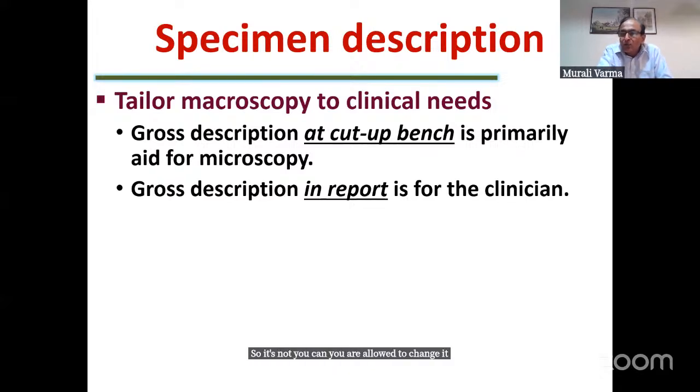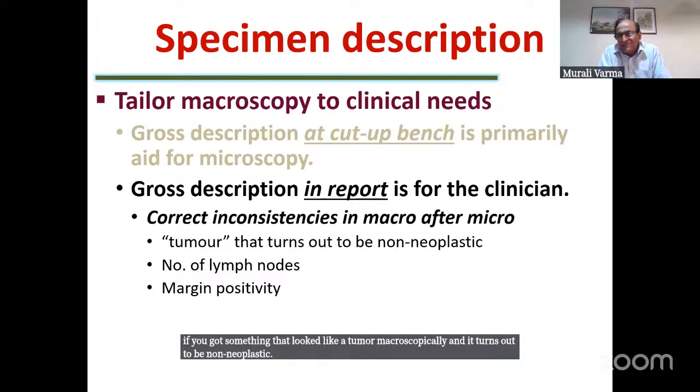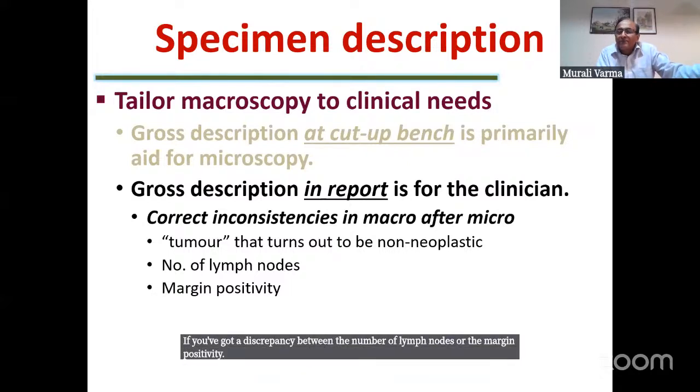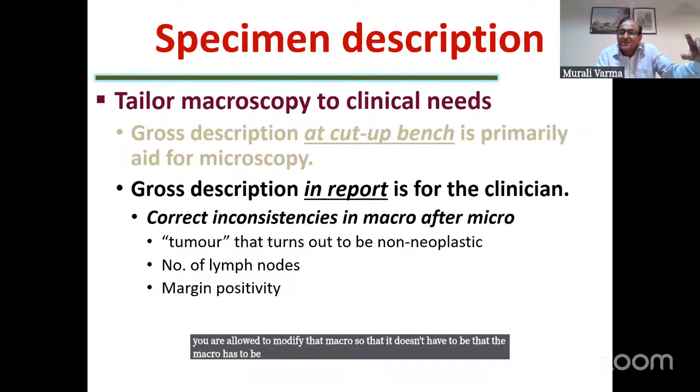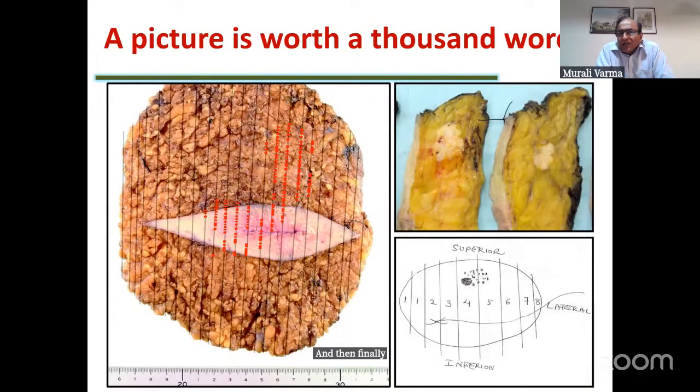So when you're doing the micro and issuing your final report, if you've got something that looked like a tumor macroscopically and it turns out to be non-neoplastic, consider using a word like mass. Replace the word tumor with mass. If you've got a discrepancy between the number of lymph nodes or the margin positivity, you are allowed to modify that macro. It doesn't have to be kept the way the person did it. And then finally, as was mentioned by Deepthi earlier, I think,